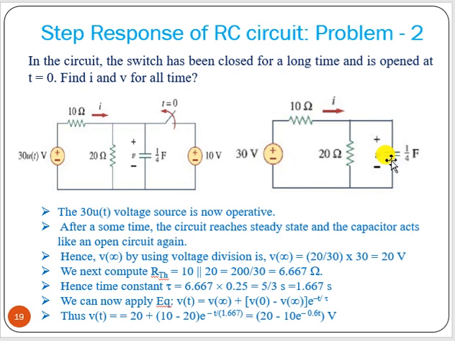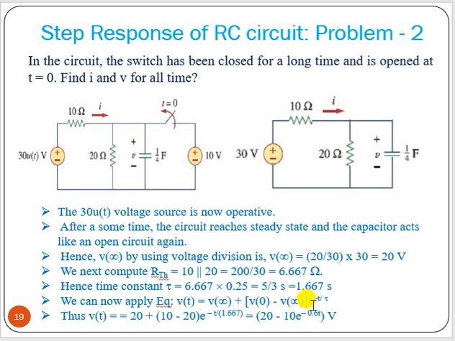That means the steady state value. At that time the capacitor is open circuited, so the voltage across the 20 ohm resistor is the same as the voltage across the capacitor. So V infinity is nothing but, we have to apply the voltage division rule. So that is 20 into 30 divided by 30, so 20 volt. For RTH, short circuit the voltage source, looking from the capacitor end. What you can see, current is dividing, so 10 and 20 ohm are in parallel, so you get the value. Tau is RC, so you get the tau value,